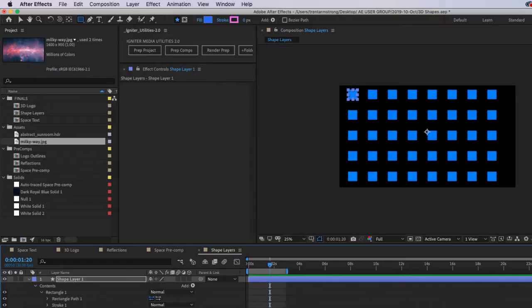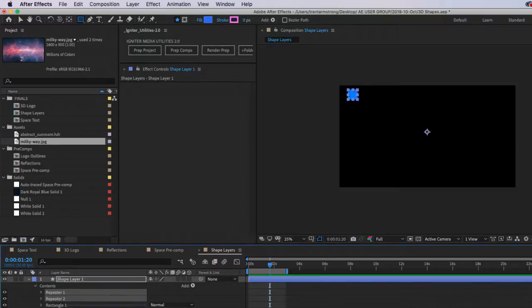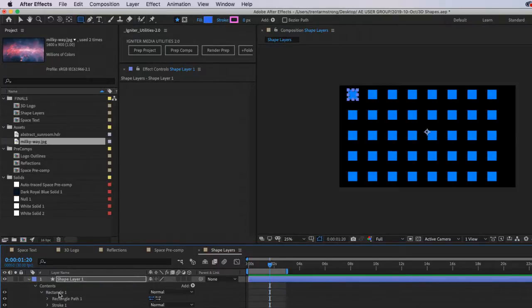I can pull this repeater out of here like that, and do something else here. So I can add, let's say, an ellipse.